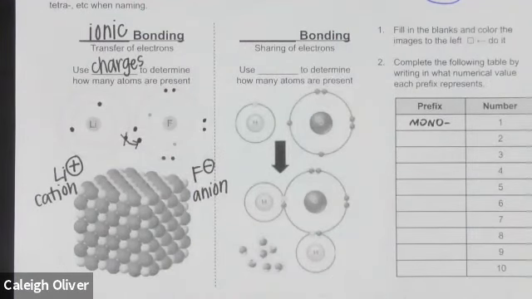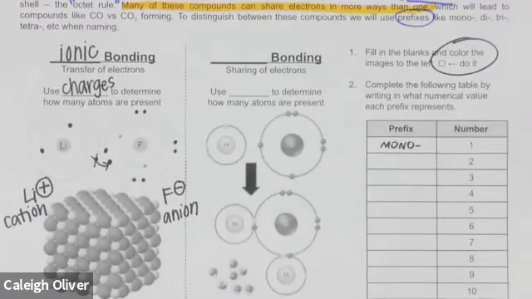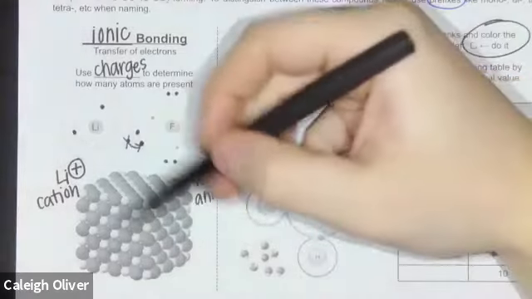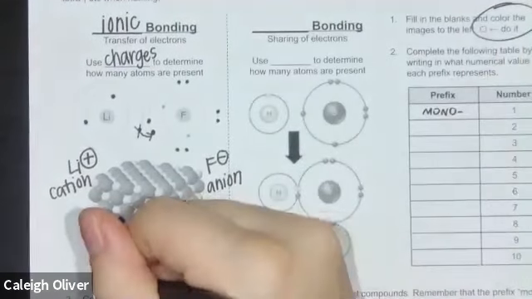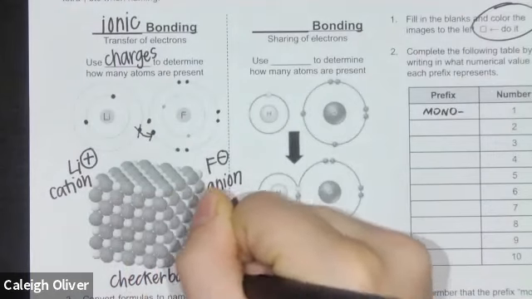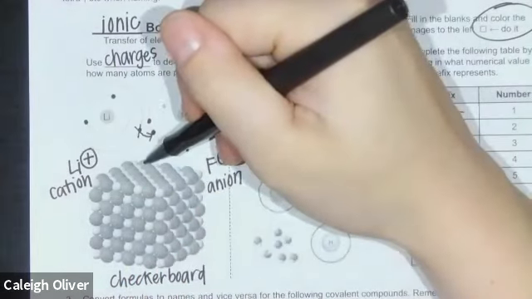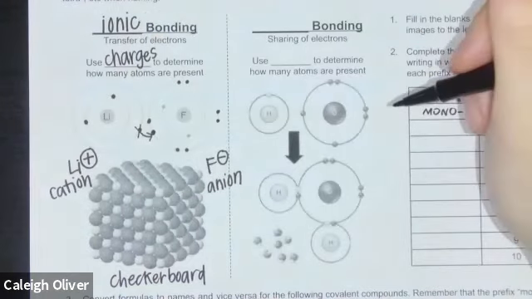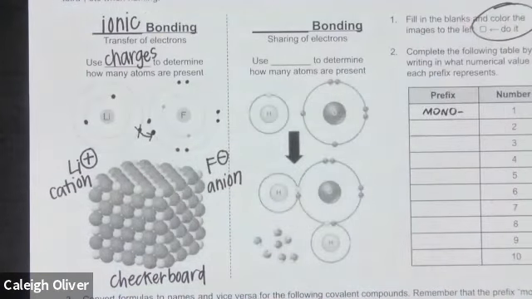And I'm not going to color this, but you do need to color this. See, it says color. It made the checkerboard pattern that we recognize as ionic. See? Like checkerboard. The new one for today,